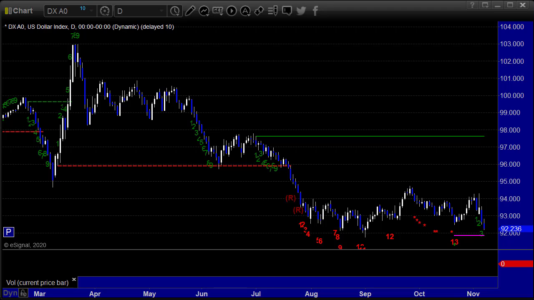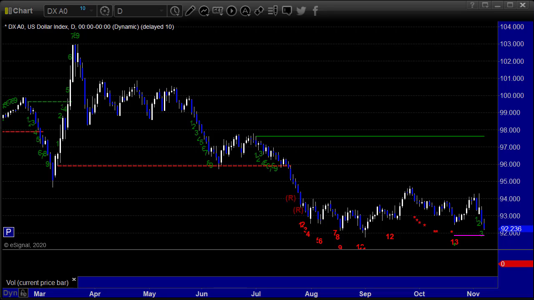Again, if you want to be a true student and trader of the markets, it is best to know everything, not just focus on one thing. And so even if you don't trade additional asset classes or additional items, having this knowledge can still help you out, and that's going to be the focus of Tradesight 4.0 when it launches. So this is the beginning steps of that. We're going to start with the dollar index.